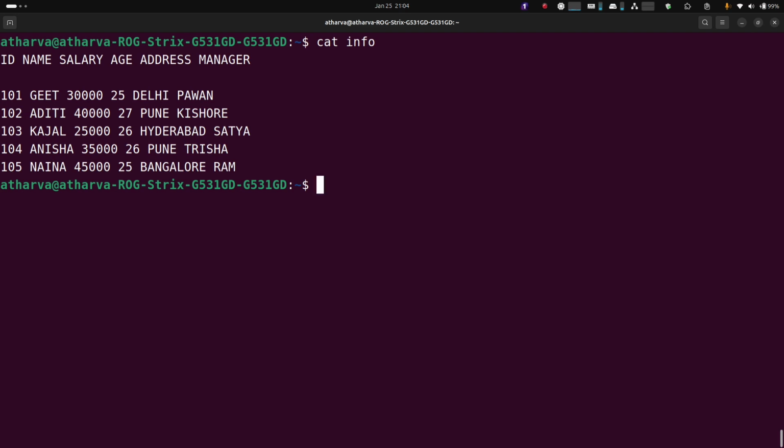Okay, now if I want to append a text after the 3rd line or after the 4th line, then in that case what I can do is execute this command: sed, let's say 4, append for a, and what I want to append is 110, then Guri, then let's say 50,000, 25, Pune, and this thing. Okay,